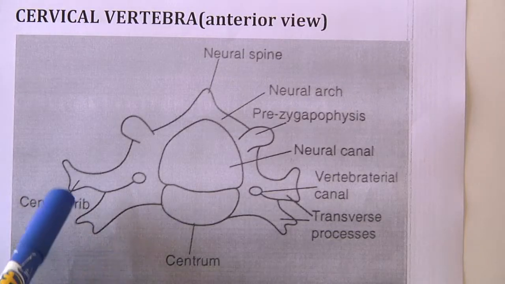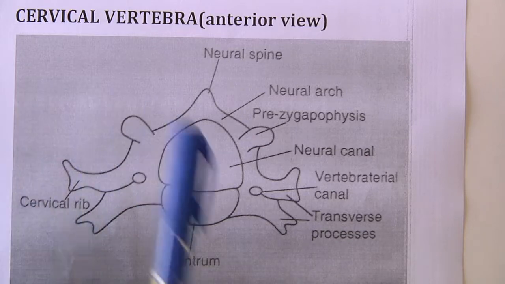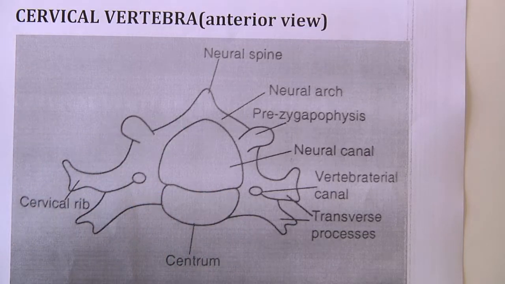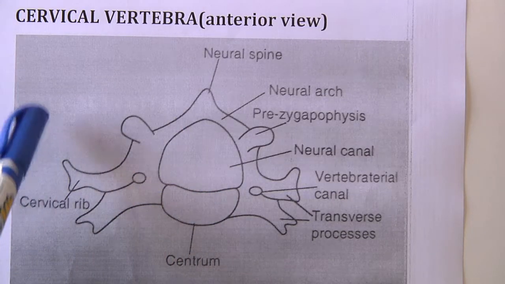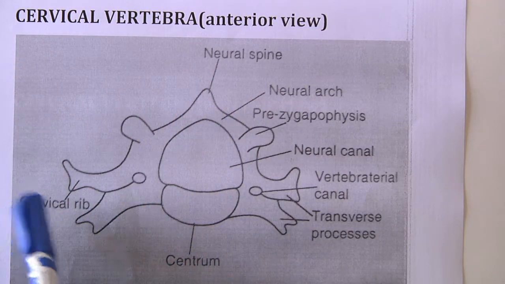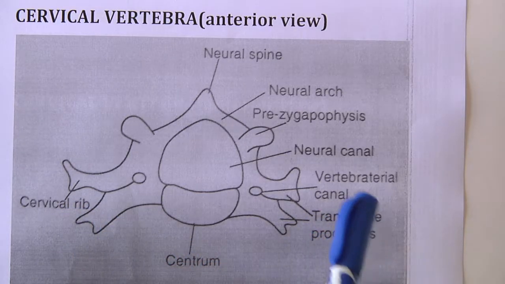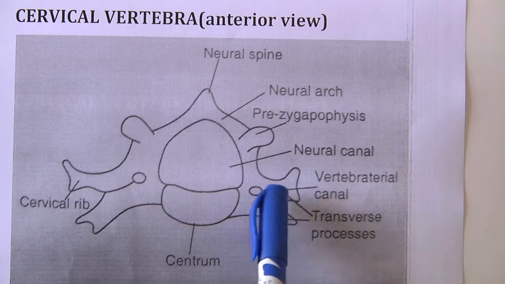This is the first structure of what you call the vertebral column, and this is an example of a cervical vertebra, the anterior view. So you can see the different parts. There is the cervical rib, there is the centrum, there are the transverse processes, there is the vertebral canal,